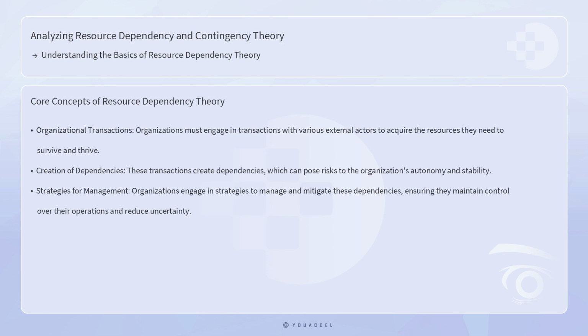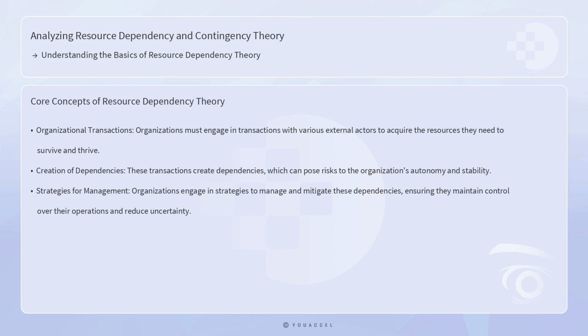The core of resource dependency theory revolves around the premise that organizations must engage in transactions with various external actors to acquire the resources they need to survive and thrive. These transactions create dependencies, which can pose risks to the organization's autonomy and stability. Organizations, therefore, engage in strategies to manage and mitigate these dependencies, ensuring they maintain control over their operations and reduce